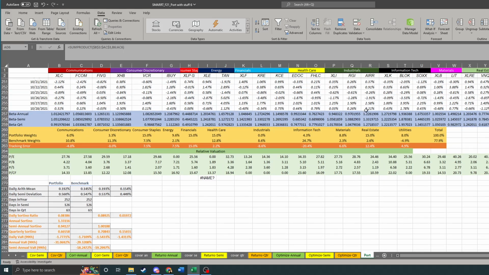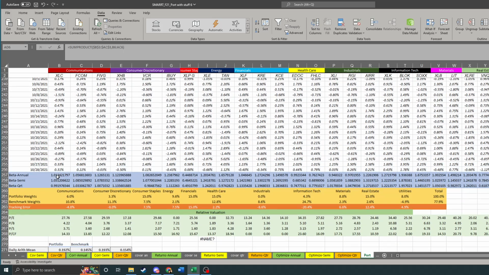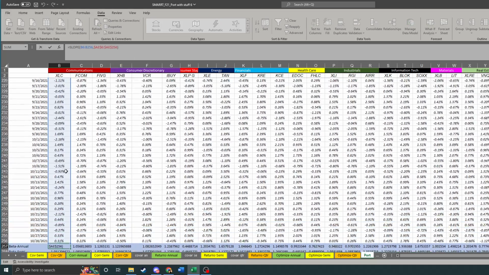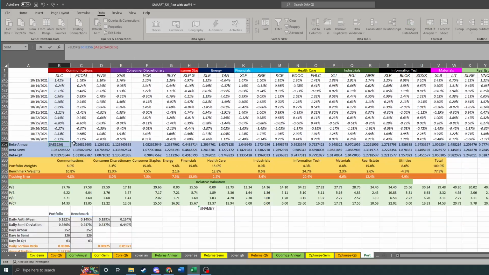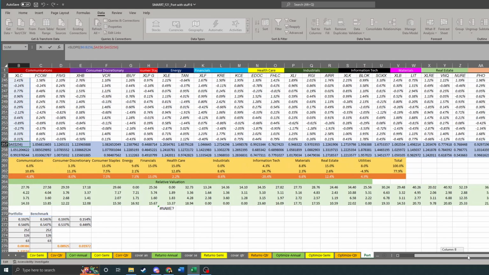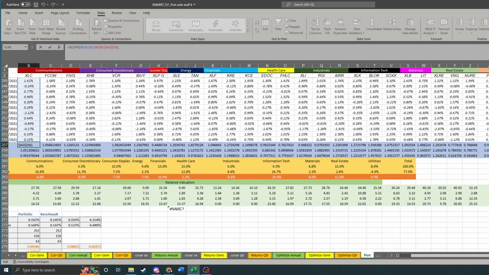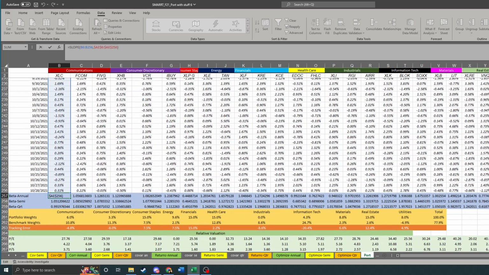Down here we have some important stuff to calculate. Beta is just the slope of the returns, right? Because it's just showing that, so that's easy enough to calculate. And then you're comparing that to the S&P 500 to get it. So it's basically what's the slope of one equity versus the S&P. Pretty simple. It does that for all of these, nothing special. And then